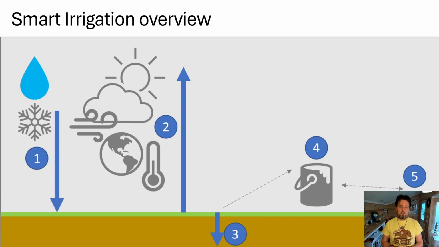The integration is built around the concept of evapotranspiration, which basically means moisture leaving the soil during the day through wind and solar radiation and temperature, and might be replenished by precipitation like rain or snow, right? So rain adds to the soil, and then wind and temperature and sun reduce the value of moisture in the soil. So if the value is below zero, you would actually have to add more moisture to the soil by irrigation. If it's above zero, you don't have to, because there's more moisture being added than was subtracted by the